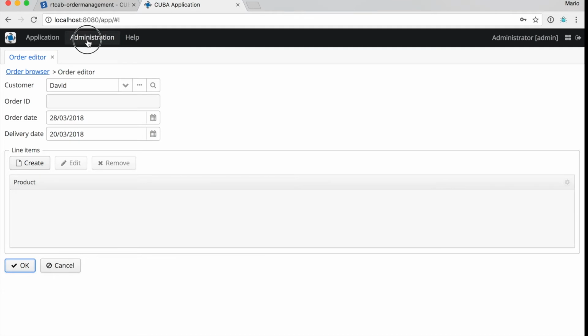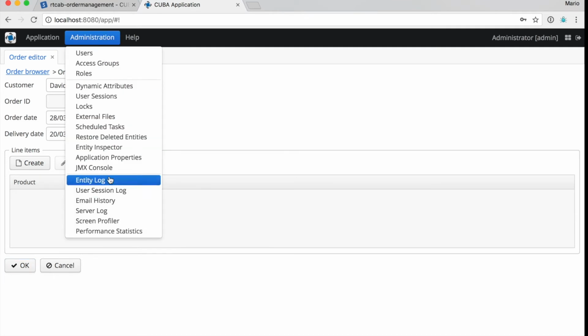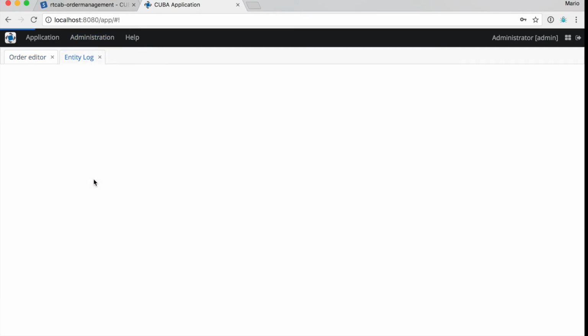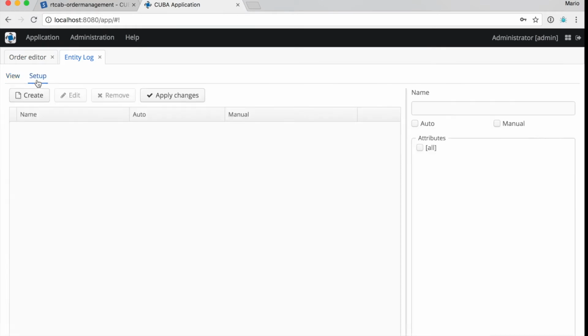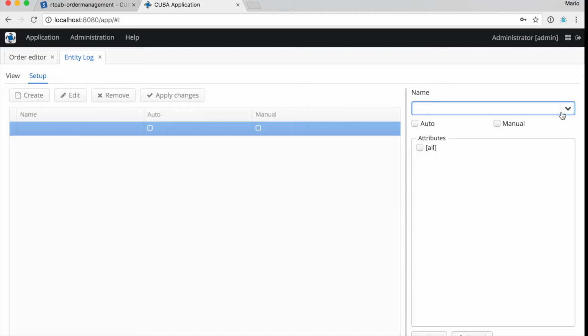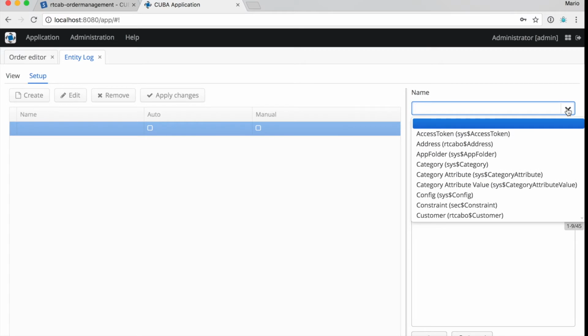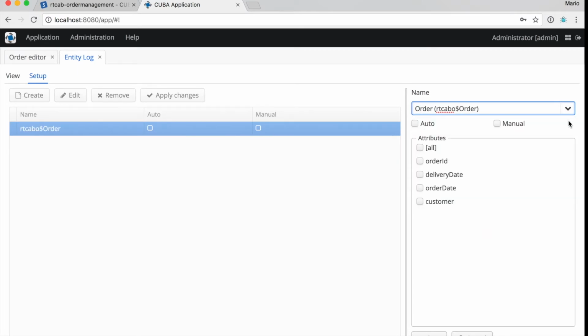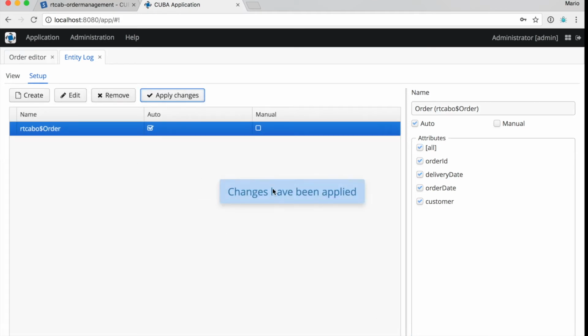To make that happen, there is a built-in feature in CUBA which is called entity log, and you can go here and say I want to set up a logging feature, or like an audit log feature, and you can define it on an entity basis. So in this case it's the order one, and I will just go for automatically, and all the attributes should get checked. And then we say apply changes,